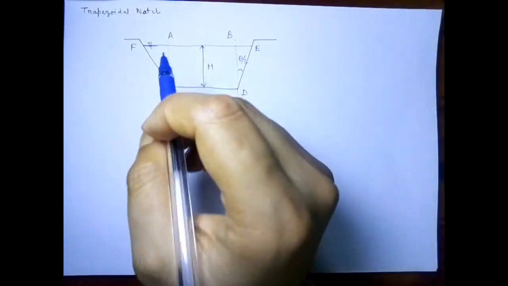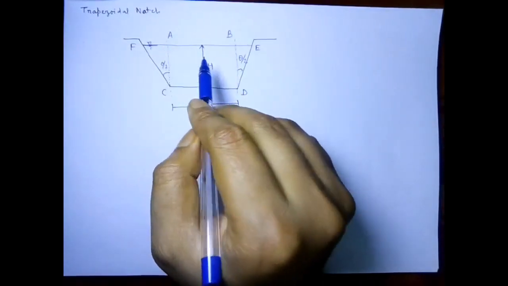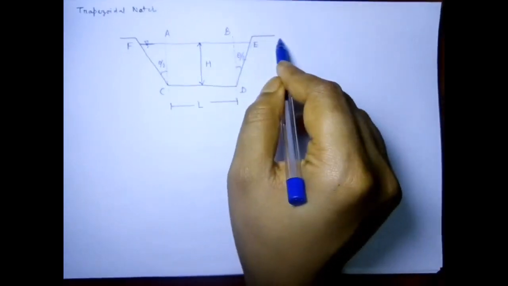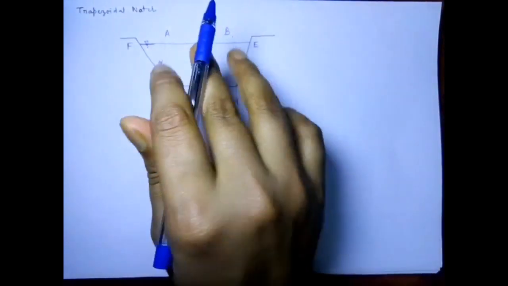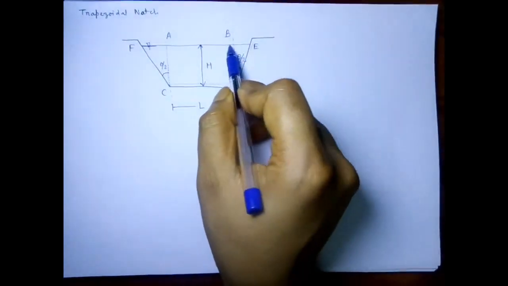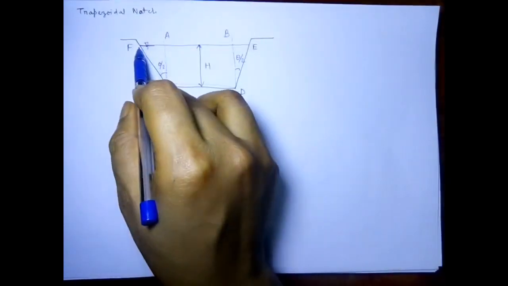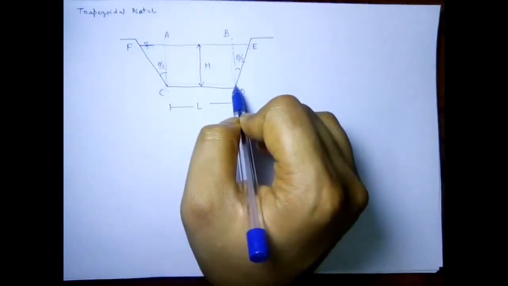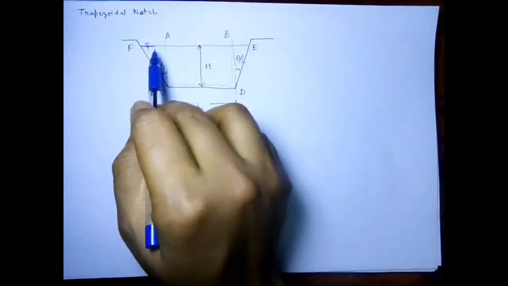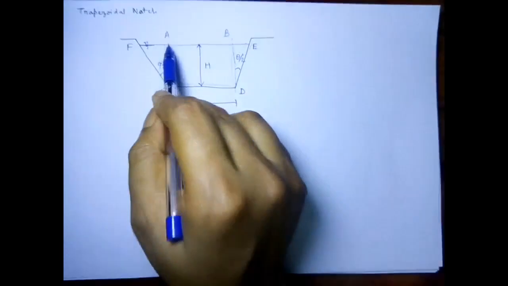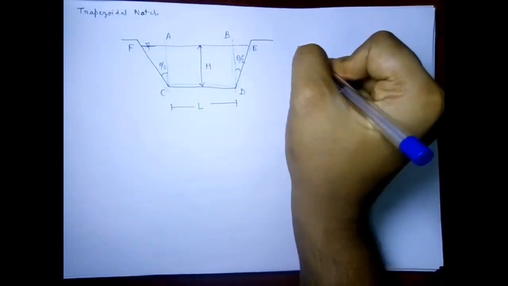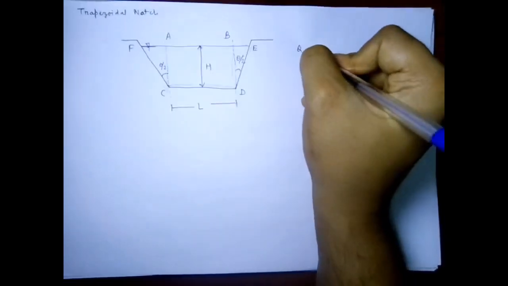Now here's a diagram of a trapezoidal notch. It's a third type of notch, so just note the diagram. You can see that a trapezoidal notch is a combination of a rectangular notch and a triangular notch. The two halves of the triangle are on the two sides of the rectangle, and we also have the rectangular notch. So you can say that the discharge of the trapezium